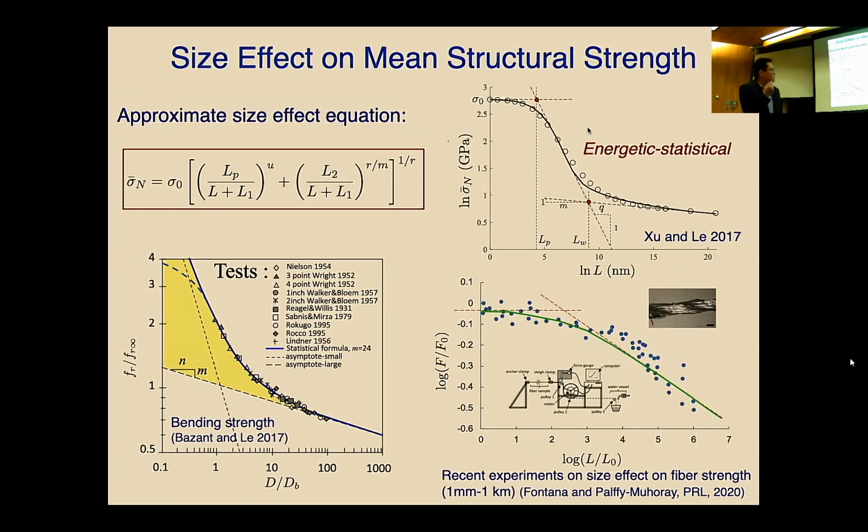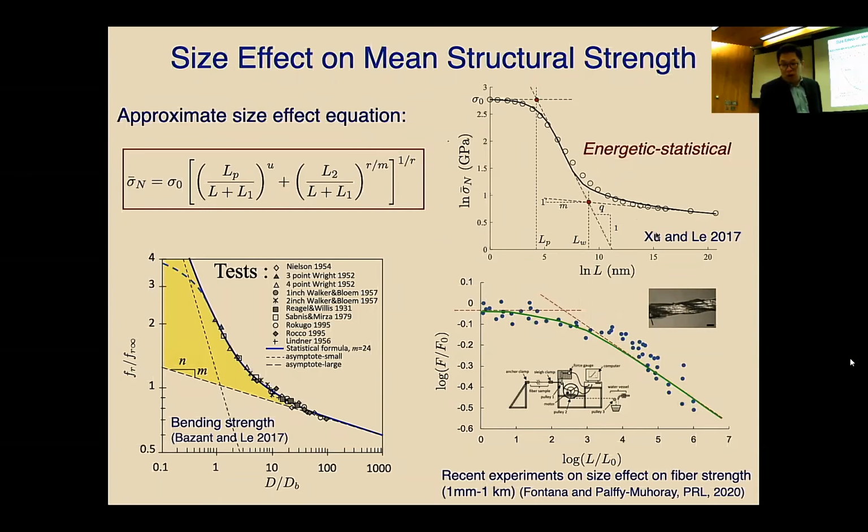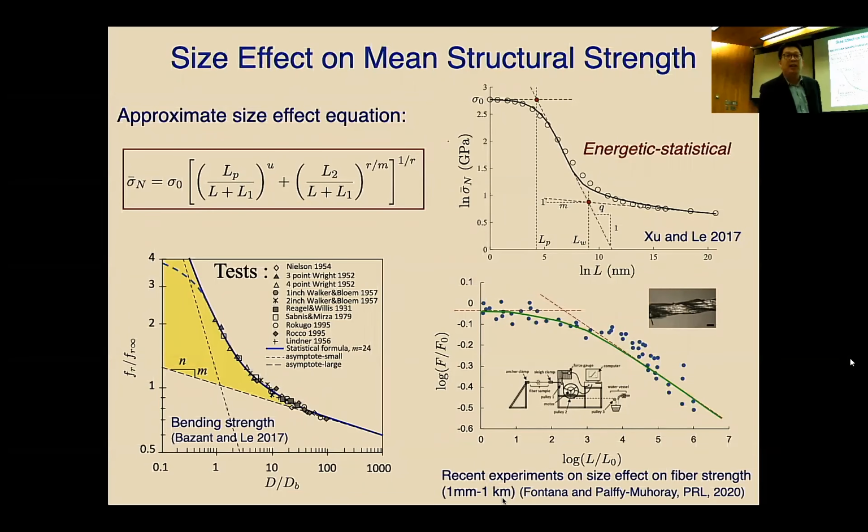So we thought about why that's so. If you look at the fiber they tested, actually it's not a single fiber. What they did is really a bundle of filaments twisted together and then they pull it. So what they have is a huge shear length in the specimen, and we can see this lp is around 200 millimeter. So we did a rough calculation: if I want to reveal the Weibull size effect in that test, we need to go to a 30 kilometer long fiber